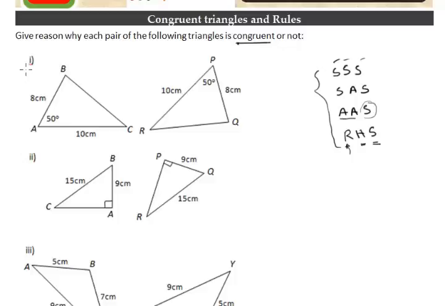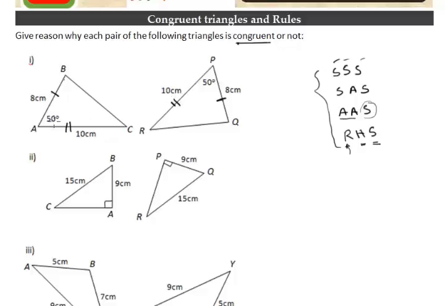So in example 1, triangles ABC and PQR, we can see that arm AB is 8 cm, arm PQ is also 8 cm. So this arm and this arm are equal. Similarly, AC is 10 cm and PR is 10 cm. So these two are equal,